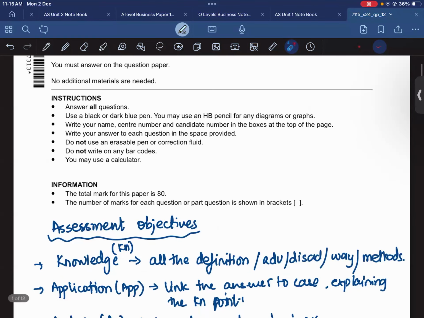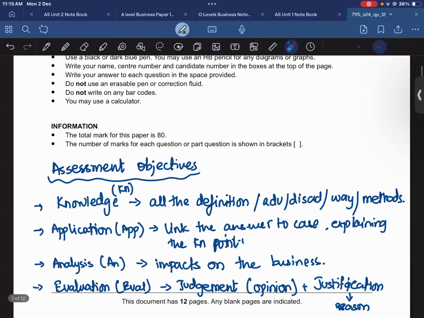So basically over here the instructions are given by the examiner that you have to answer all the questions. Do not write in any barcode. Write only in the answer space that is provided. Total marks available are 80 marks. Okay. Now, before we start with the answer writing,